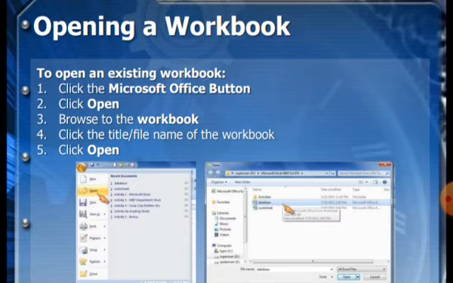So these are the 5 steps through which you can open the workbook. Okay, you can also see the option selected in a window, and according to that you can proceed. Okay, now move forward.